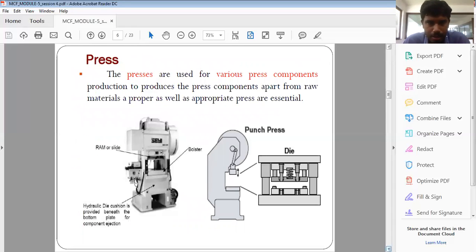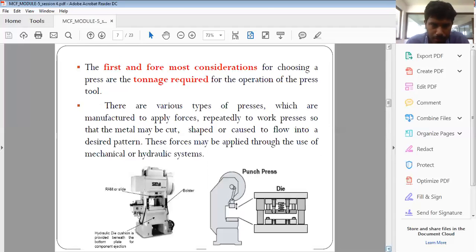Next is the press. A press is the machine used to produce various components from raw materials. You can see a kind of press here, a punching press. We place the die in the pressing machine. The first and foremost thing to consider is the tonnage required, the capacity of the press.